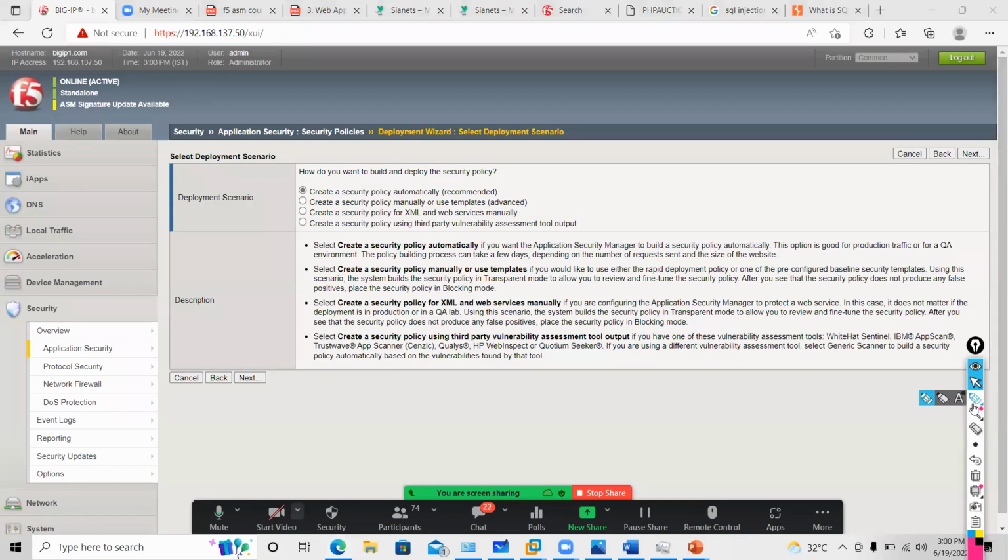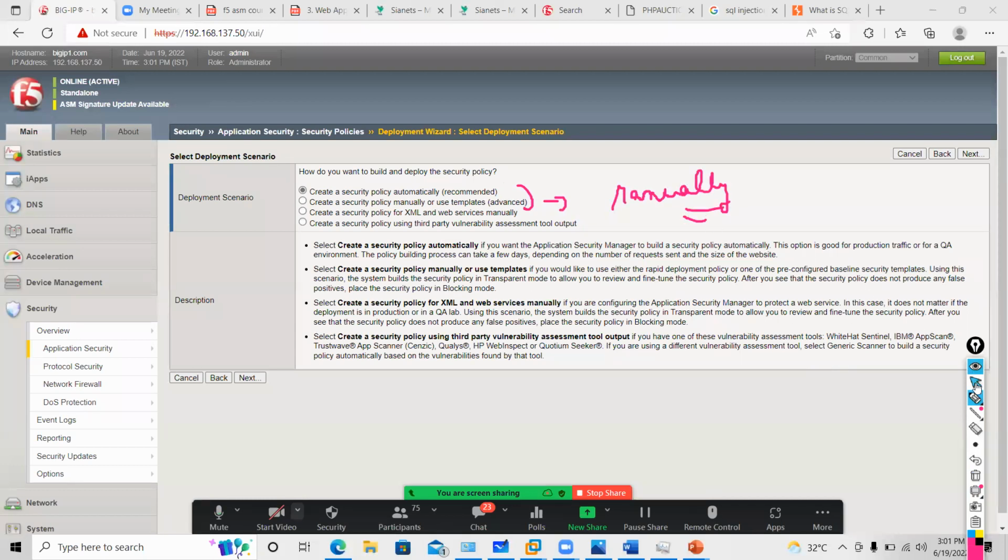So guys, there are three methods you can use. Either you can create the policy automatically, manually, or through a third-party vulnerability tool such as Qualys, PHP, IBM, or WhiteHat, so that it can do VAPT. Most of the time, I would prefer to configure ASM policies manually.